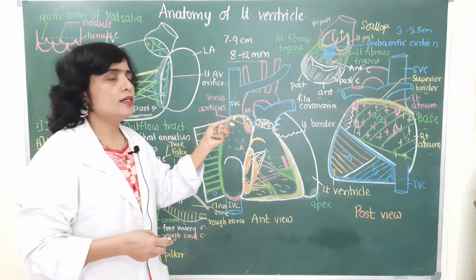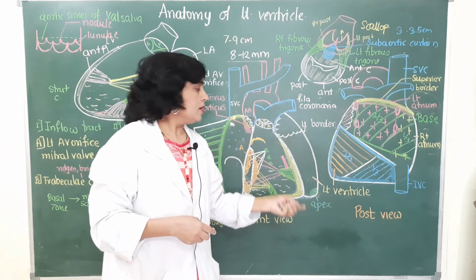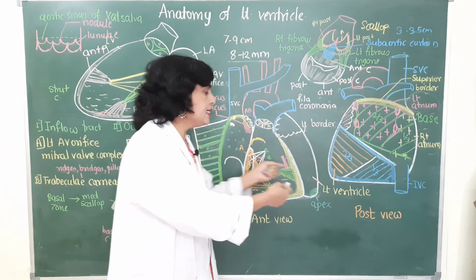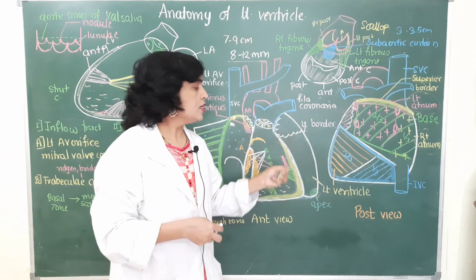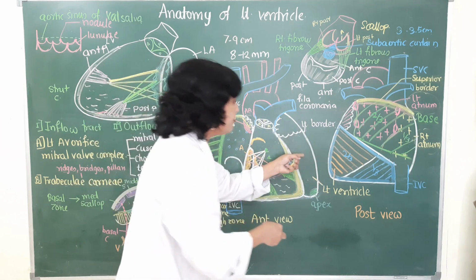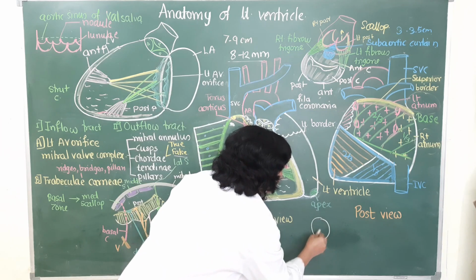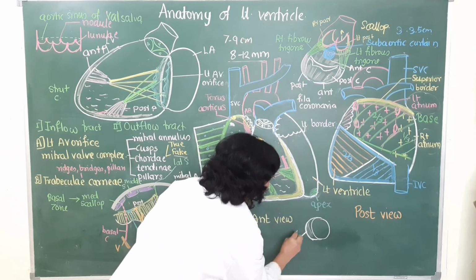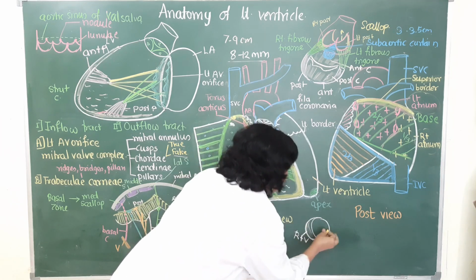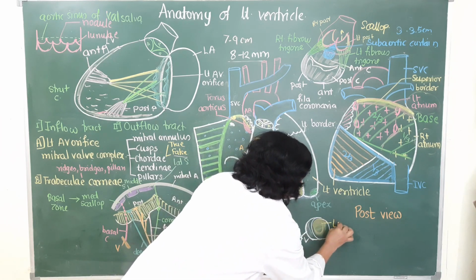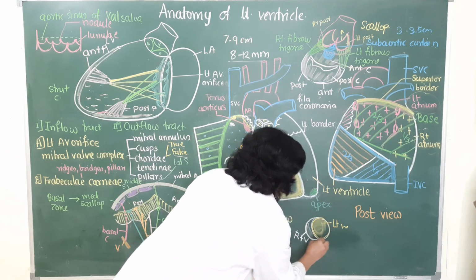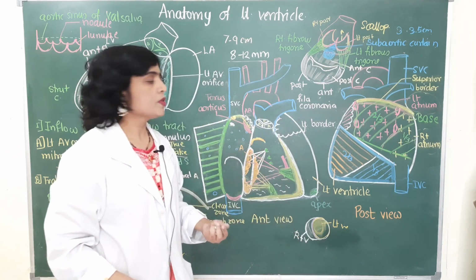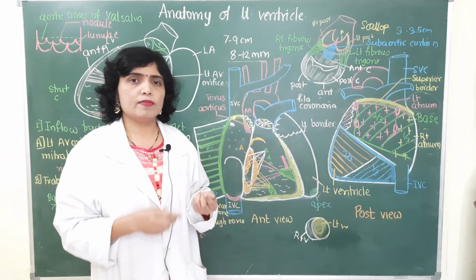So that is about the wall of the left ventricle. Because of the pressure within the left ventricle, even the interventricular septum is pushed towards the right ventricle, so that in the cross section the left ventricle appears circular while the cavity of the right ventricle appears crescent shape, and the cavity of the left ventricle appears circular because the septum is pushed towards the right side. So that is about the interior of the left ventricle.